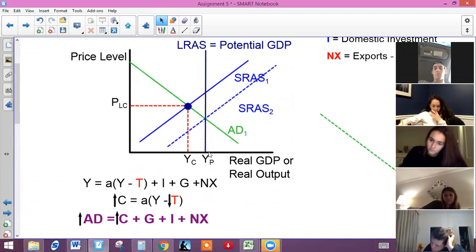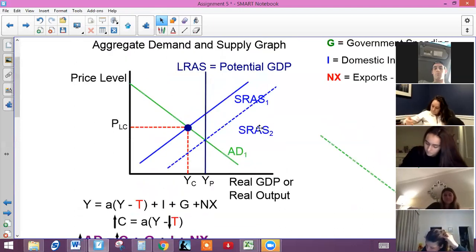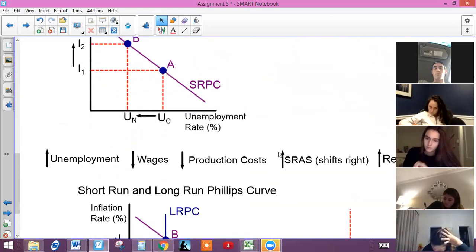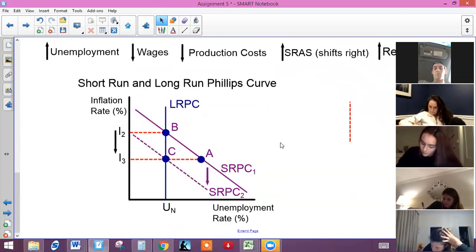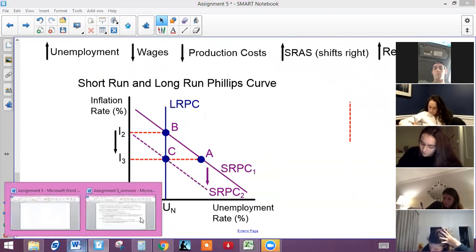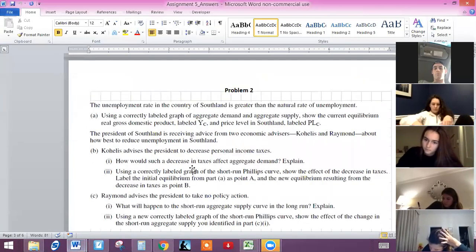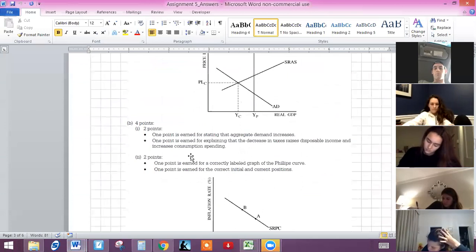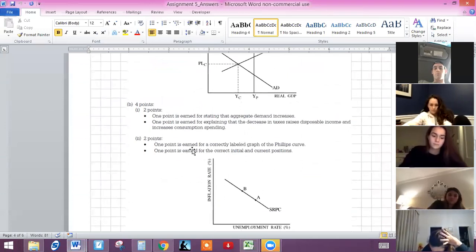Because if you think about this, you're going from YC to YP. So the short run aggregate supply would shift right, prices would drop, from here to here, and output would actually go up, okay? So now we're going to get to the last part, but I want to just show you the book answer is very simple, actually. It's real small, but